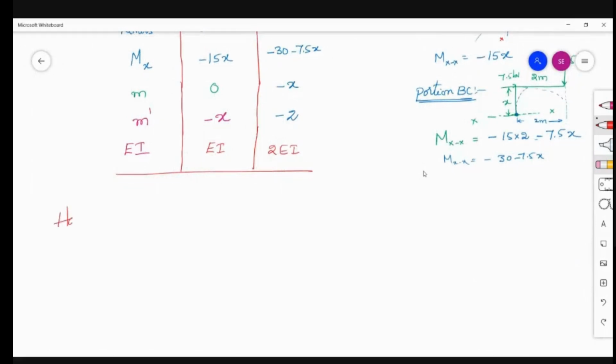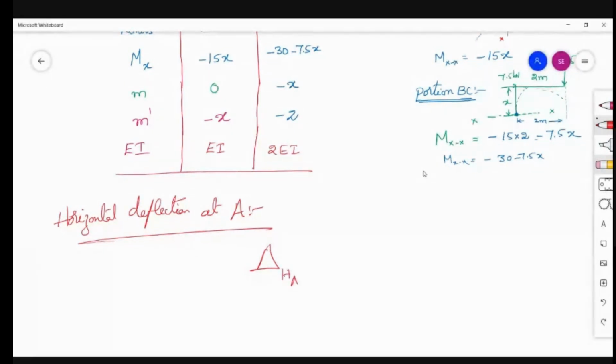Horizontal deflection at A. Delta A, or delta H, the horizontal deflection at A, is equal to the integration over 0 to L of capital M, small m, dx by EI. Here there are two portions. For the AB portion, 0 to 2, M is minus 15 into x, small m is 0, into dx by EI,